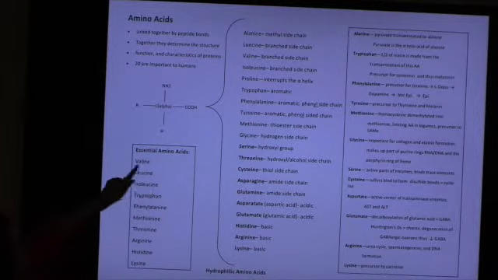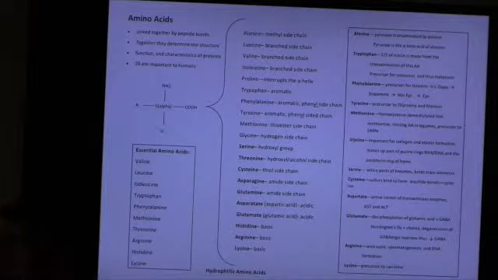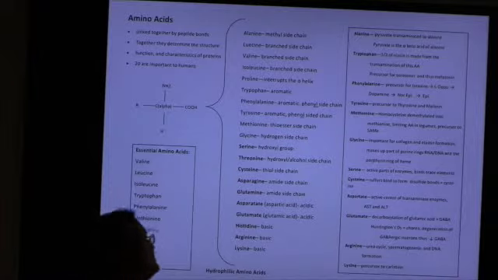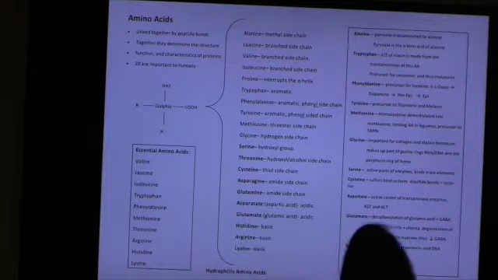Good. So make sure you know your essential amino acids. Those are important. Those are the ones that you have to do what? Eat because your body cannot make. Good? All right, let's go over the rest of these. So, I'm going to do this quick. Alanine has a methyl side chain. I put what your side chains are for all of these, and if there's something special about them, it's in the box on the side.